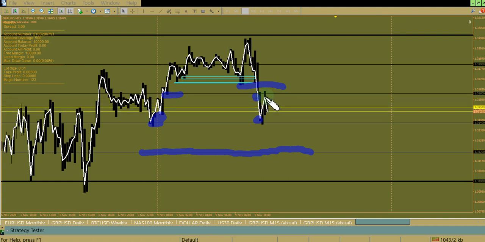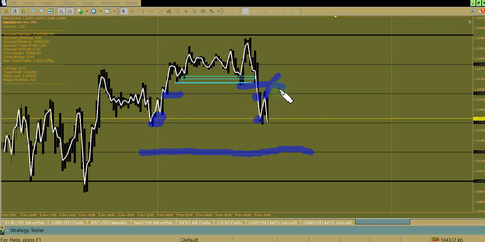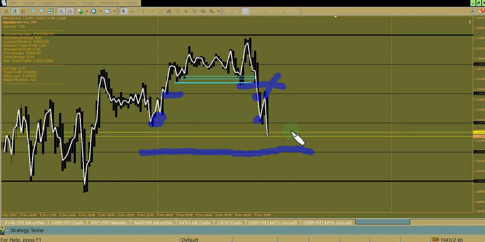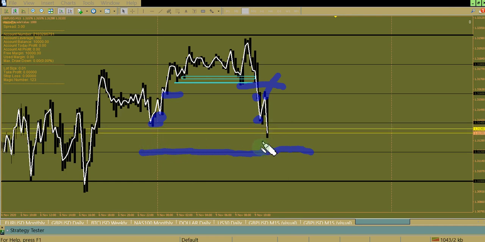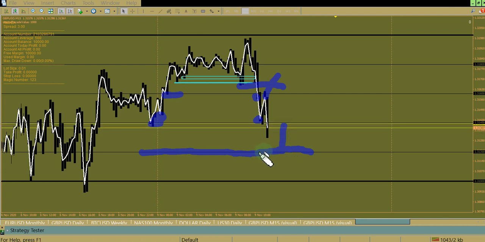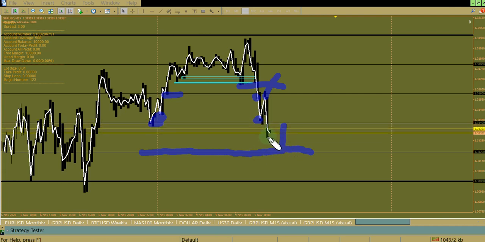Now the sellers come in. I have to get out of something. Here's a 20 pip profit. And maybe I'm kind of getting hit here, but I have more dry powder. I have more orders here. I can buy this 20 pip window, and I would buy more down here. Now it's going to be,